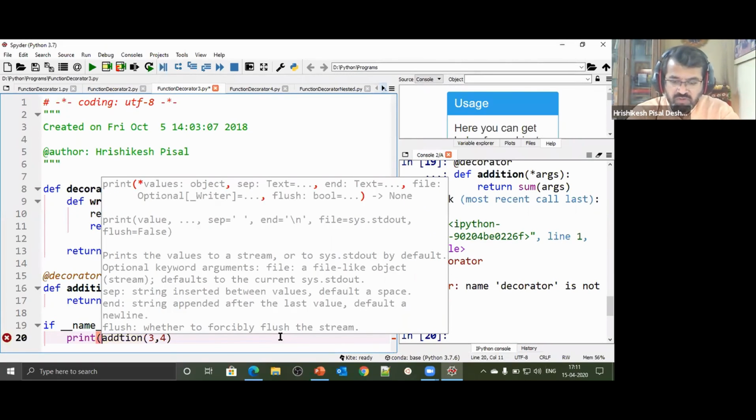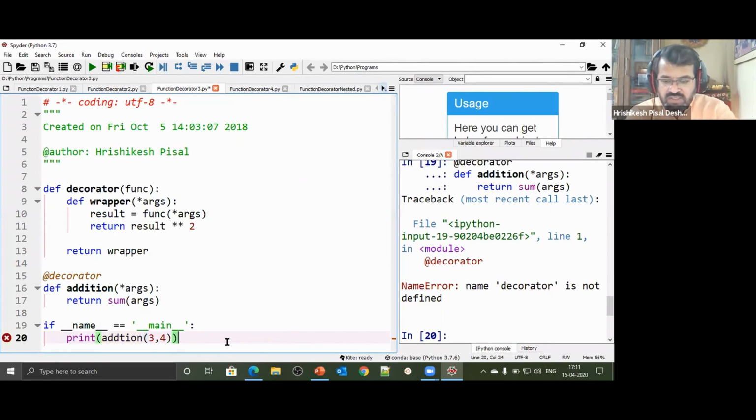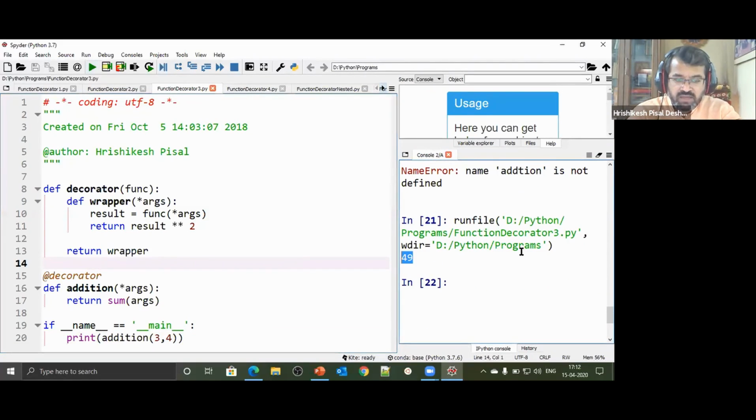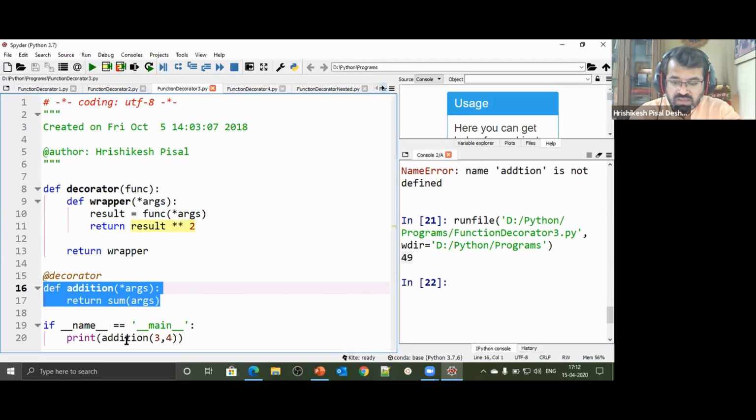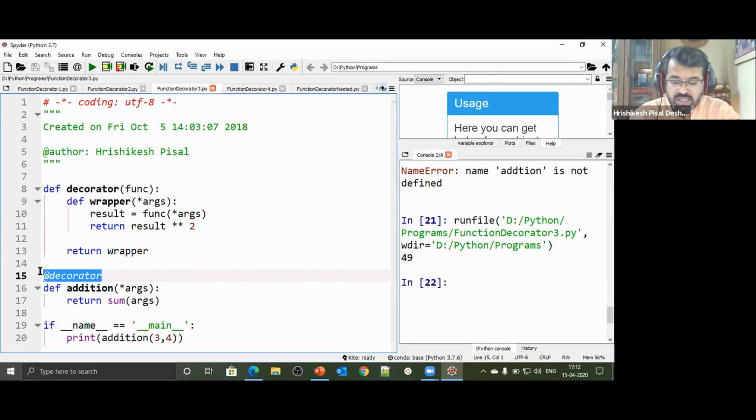Last time when we called addition of 3, 4, it gave me the answer 7. Now it gives the answer 49 instead of 7. This function addition was just supposed to give you the addition of the arguments that we have passed. Now we are getting the square of the addition. 3 plus 4 was 7, so instead of returning 7, it has returned 7 squared. So to the user of this function, this decorator has changed the behavior of the function.